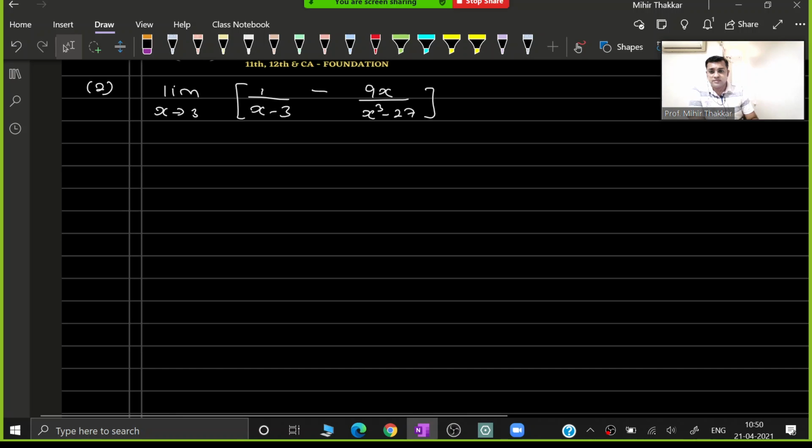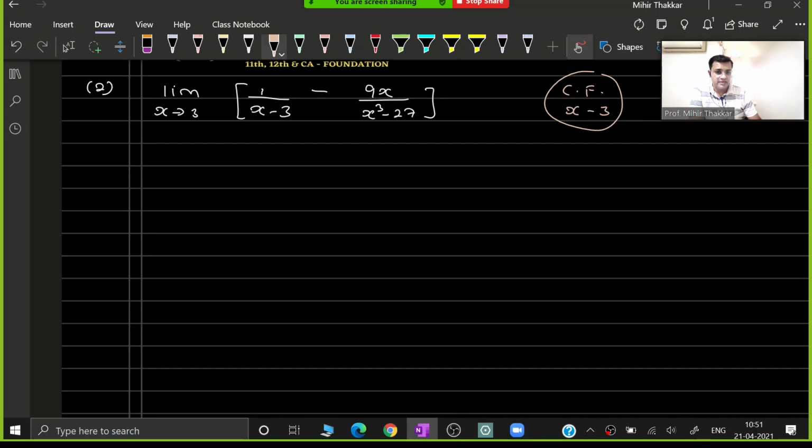So again guys, sum number 2 is quite similar to what we did in all the previous sums. The only difference is that up till now we were given only a single function. Here you are given two functions. But that does not matter to us at all. The working will be the same. I will try to bring the common factor, which obviously you can by now recognize has to be x minus 3.